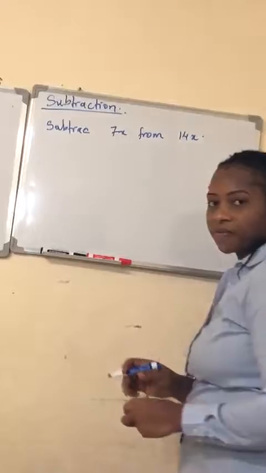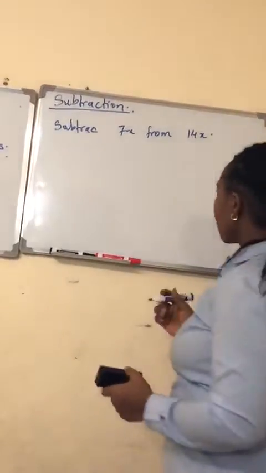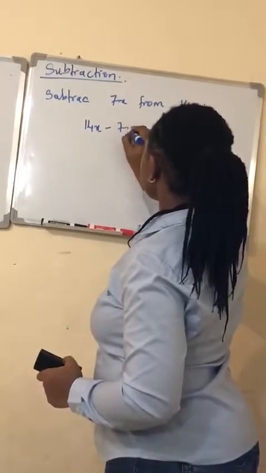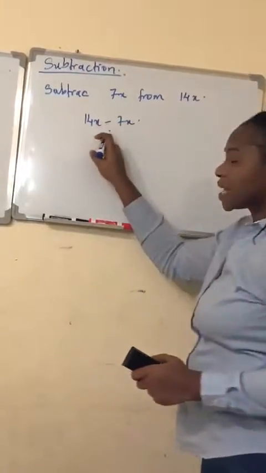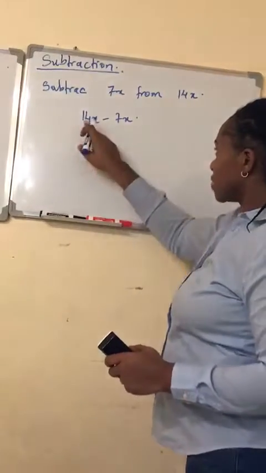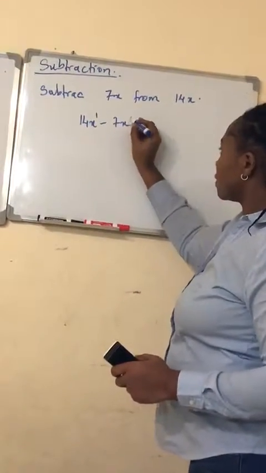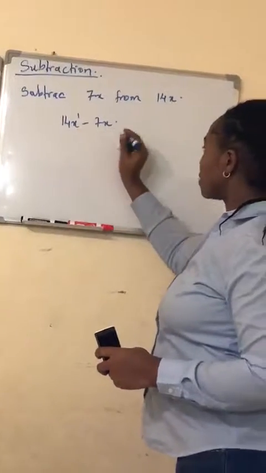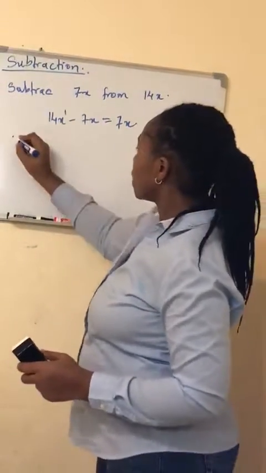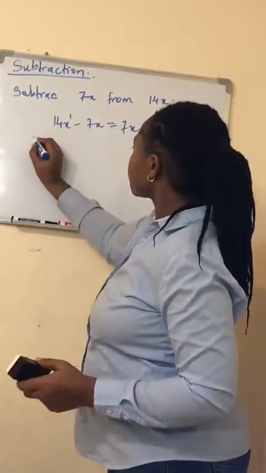Subtract 7x from 14x. What are we going to do? I will simply write 14x minus 7x. These two terms can be subtracted because they are of the same degree. The degree here is to the power 1 and the degree of this term is 1. So both terms can be subtracted to give us 7x. Similarly, we can also have 2x